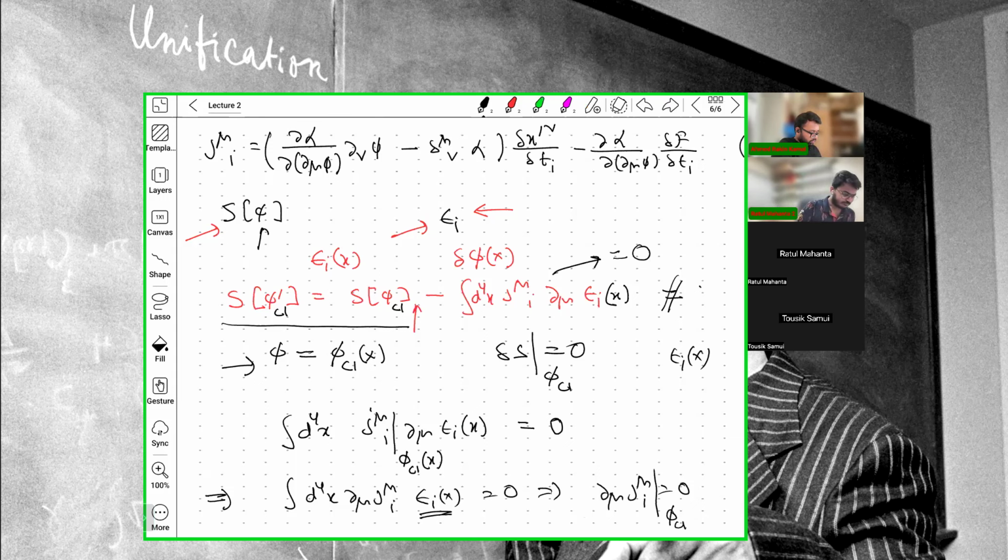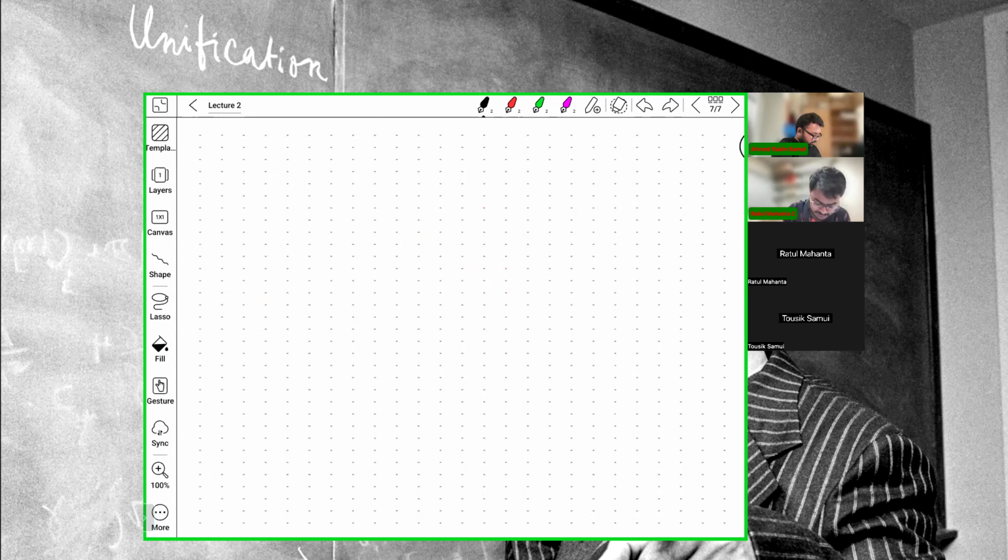Okay. So I am again stating Noether's theorem: for every continuous global symmetry of an action, there exists a conserved current for classical field configurations, and immediately you will get conserved charges. So the conserved charges are Q_i, which are